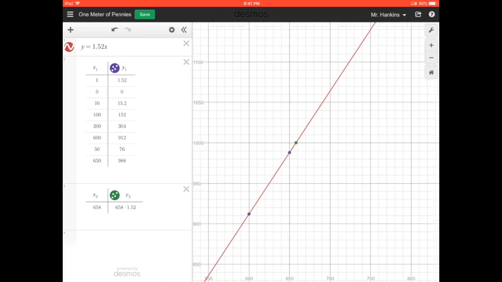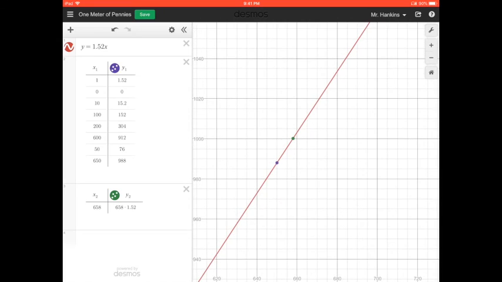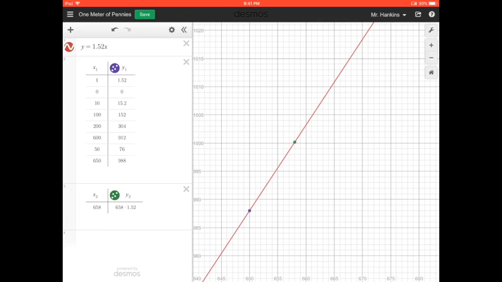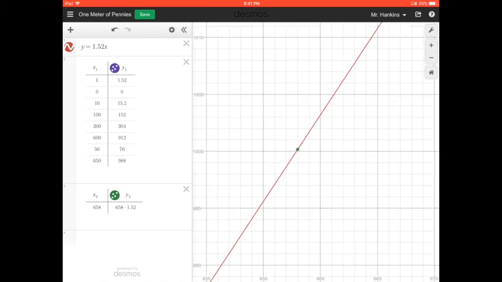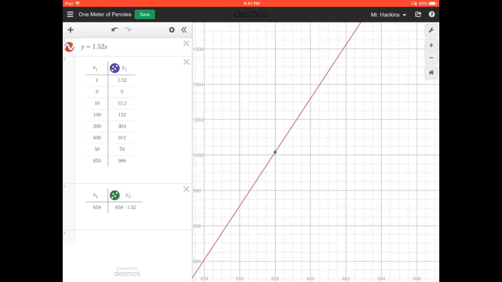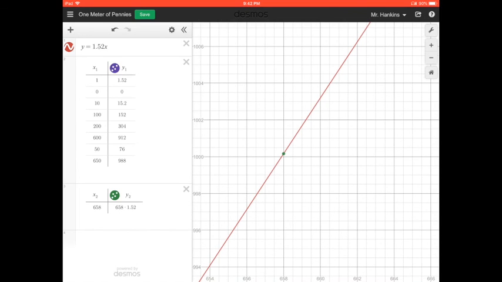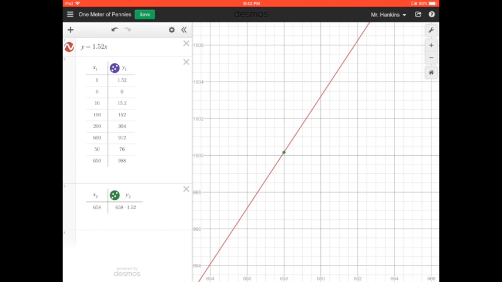And we're going to go ahead and zoom in on our graph. Hopefully this isn't giving me a headache. Zoom in on our graph. We see at the bottom 658 pennies gets us